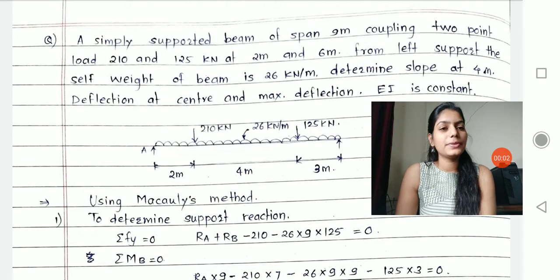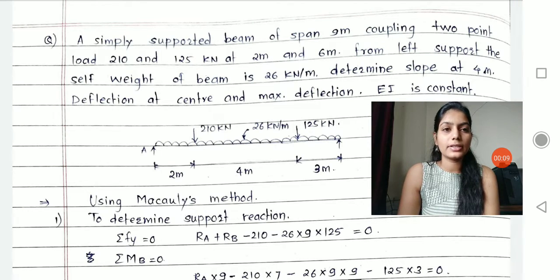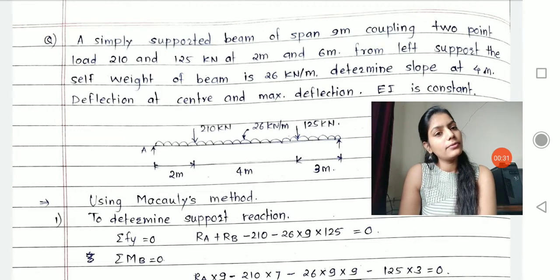Hello students, in today's session we will take one more problem on the slope deflection method. Earlier we finished two problems on the same topic. We solved one simply supported beam having a concentrated load at its center, and a second problem in which two concentrated loads were at distances 2.5 and 5 meters from one of the supports. Now in today's session we will discuss a new problem.